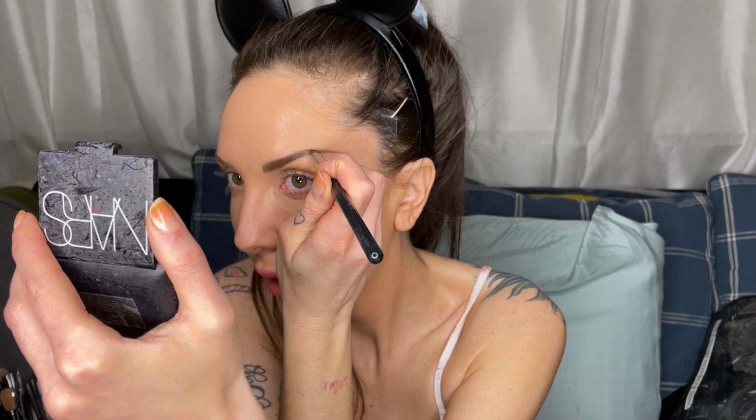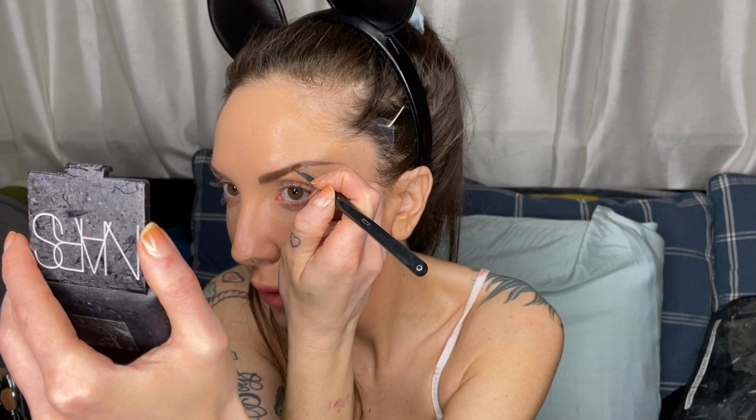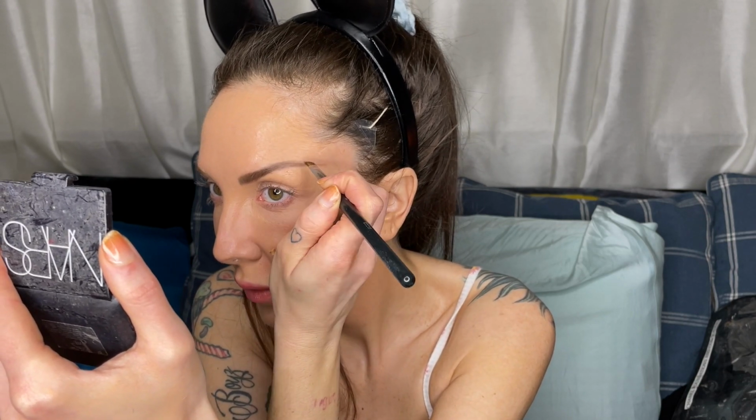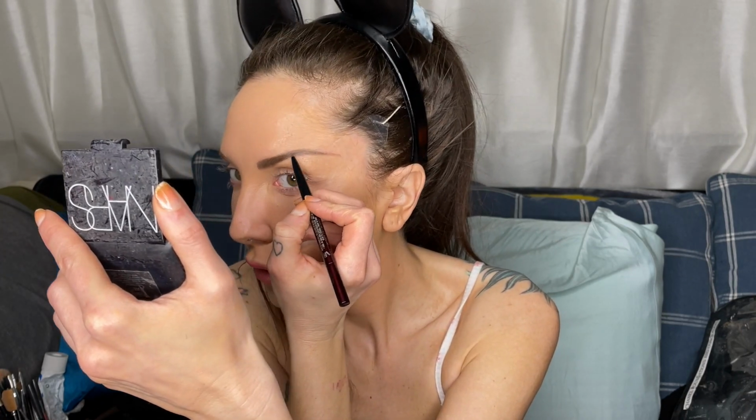So you place it right here where you want that arch to be, and it almost does it for you because the bristles have zero give. So you place it there and then just drag it out, and you see it creates that for you. Now on me, because I don't really have much of a brow and my brow bone tends to get oily, I would take these Kevyn Aucoins, this is the one in brunette, and go over the tail of it because it will sharpen it up